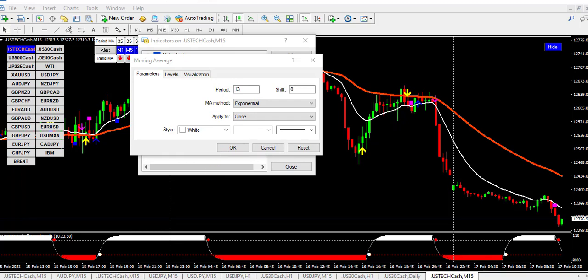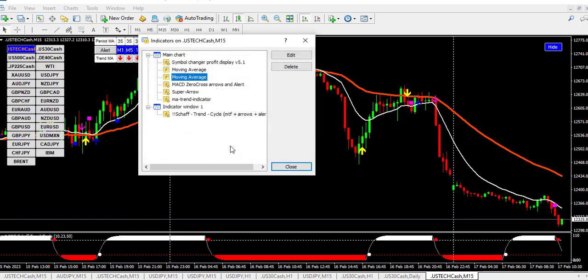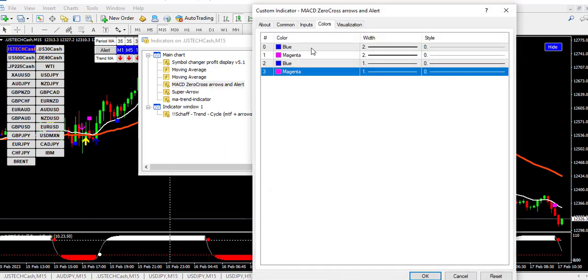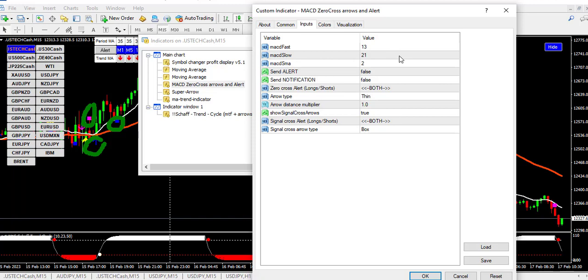And the next indicator that I use here is MACD 0 cross arrow, and these are the colors that I use. This particular indicator, this magenta box and blue arrow, blue box indicator. This is the indicator that gives us that signal on the chart, and this does not repeat. Here is the value for this particular indicator. Make sure you pause it and enter the value. You can change anything you want to change. If you do not like box as a signal, you can change it here. So just click OK